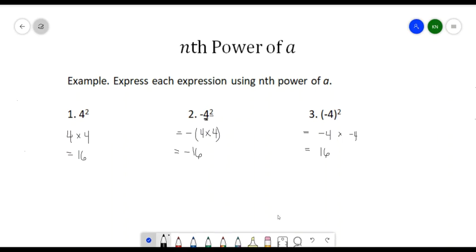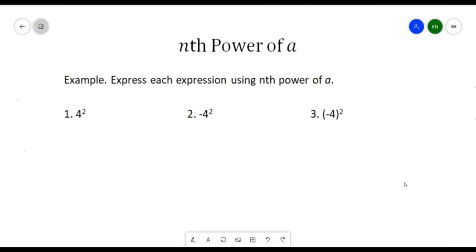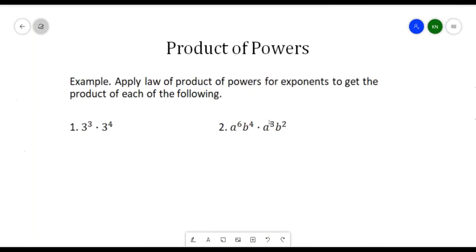Now we'll move on to the next law of exponents, which is the product of powers. By the product of powers, as discussed earlier as well, if they have the same base, you just have to add the exponents. So that gives us 3 raised to 3 plus 4, which is 3 raised to 7. And as we know, 3 raised to 7 is equivalent to